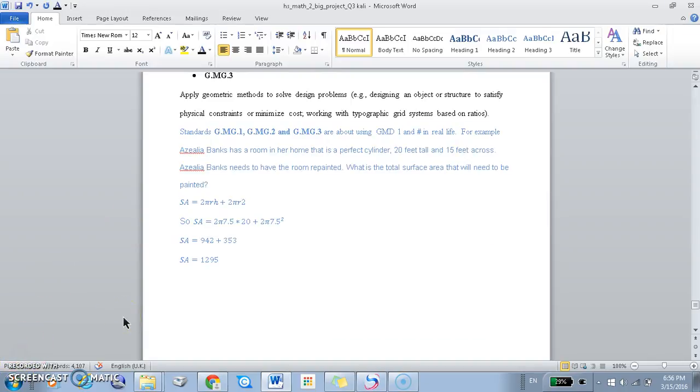So we use the surface area formula for the cylinder, which is 2 pi r h plus 2 pi r squared, and we put the height over here and the radius over here. The radius is diameter divided by 2, and then after we've entered this, we do the calculations and then we add them. So the surface area will be 120